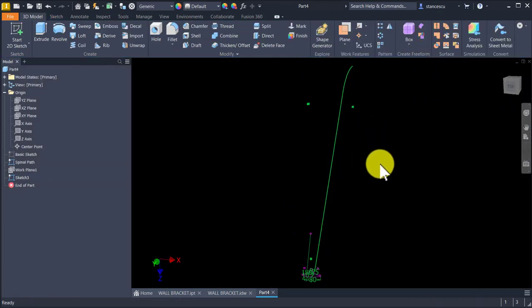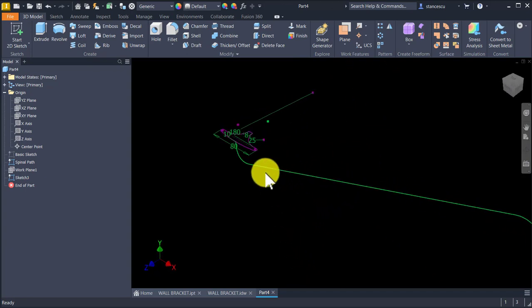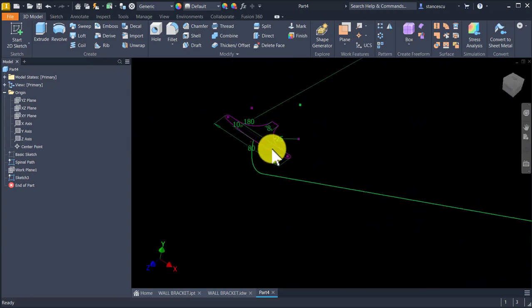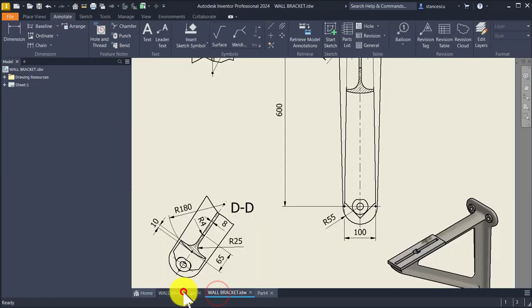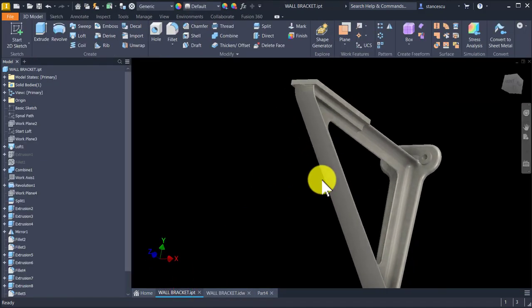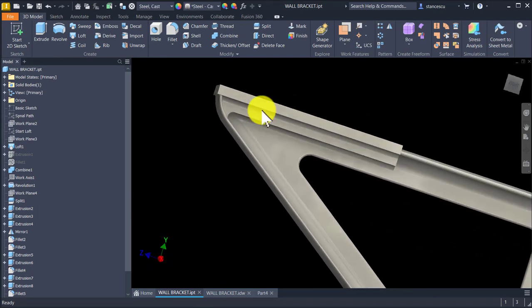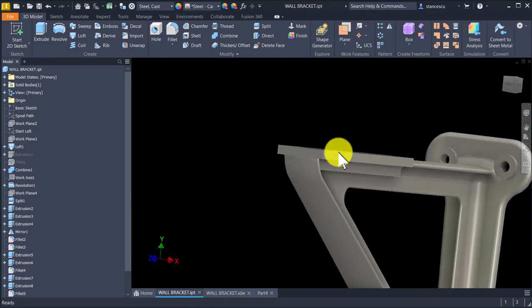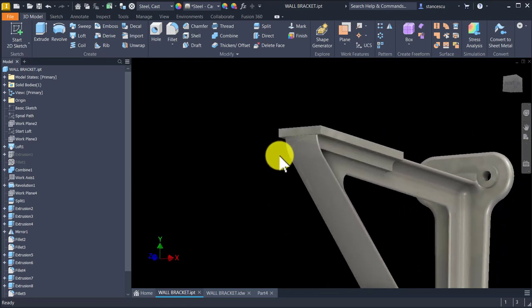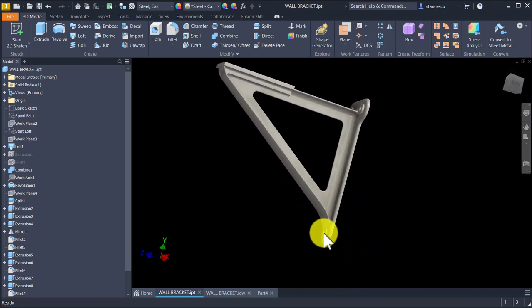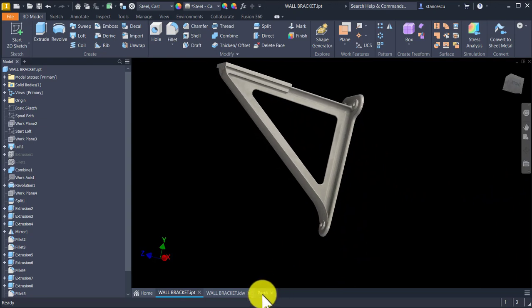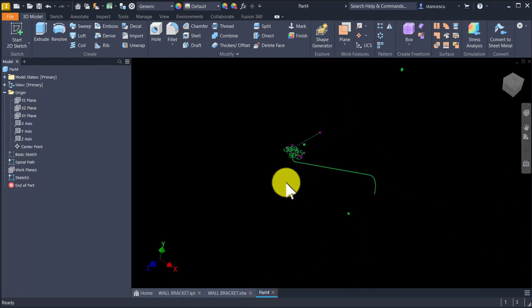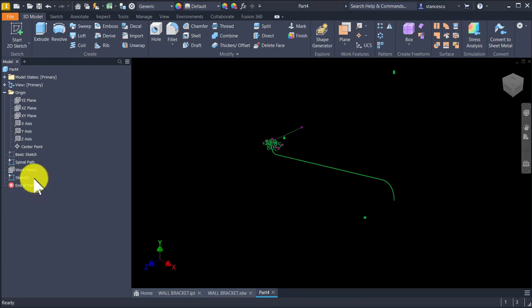Finish sketch, and we see this start point. Yes, let me use the model. You see, this is the upper side. We'll go to the other side. We give a name to this sketch. The name is Start Loft,